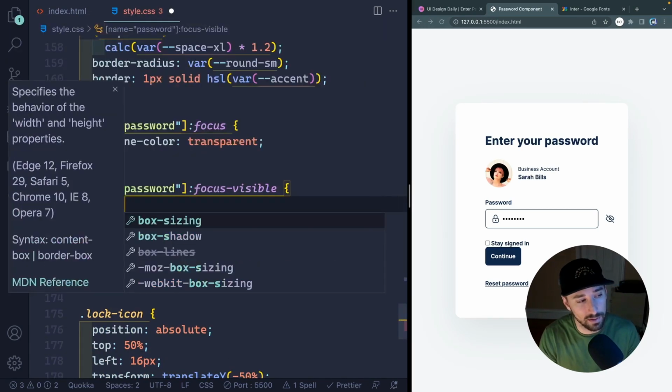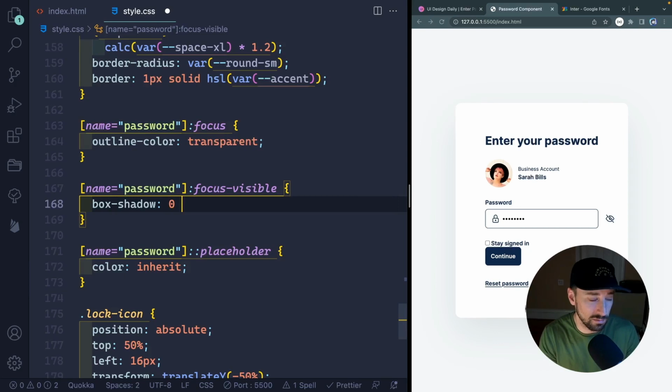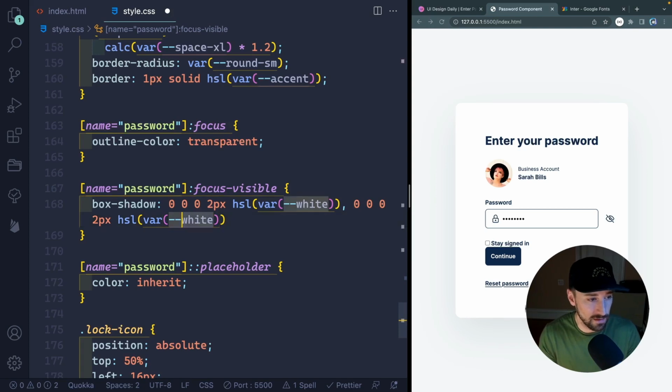Here we want box shadow, and maybe we'll do the same kind of thing, 0, 0, 0. And let's do 4 pixels. How about 2 pixels? Solid. No, not solid. Accent. White first, then accent. All right, so that it shares the same background color. And then this will be accent. And this needs to be larger so you can actually see it, but we won't make it as dramatic as the button itself. So now if I focus in on that,